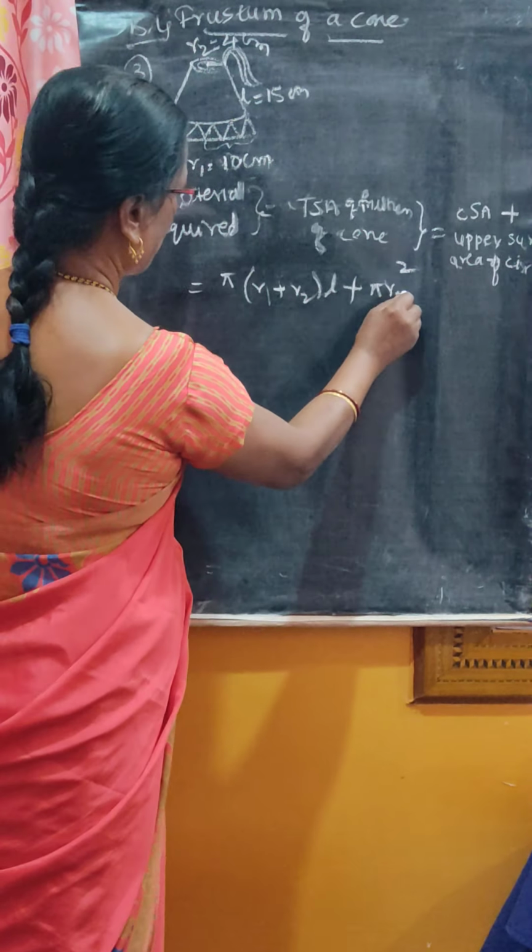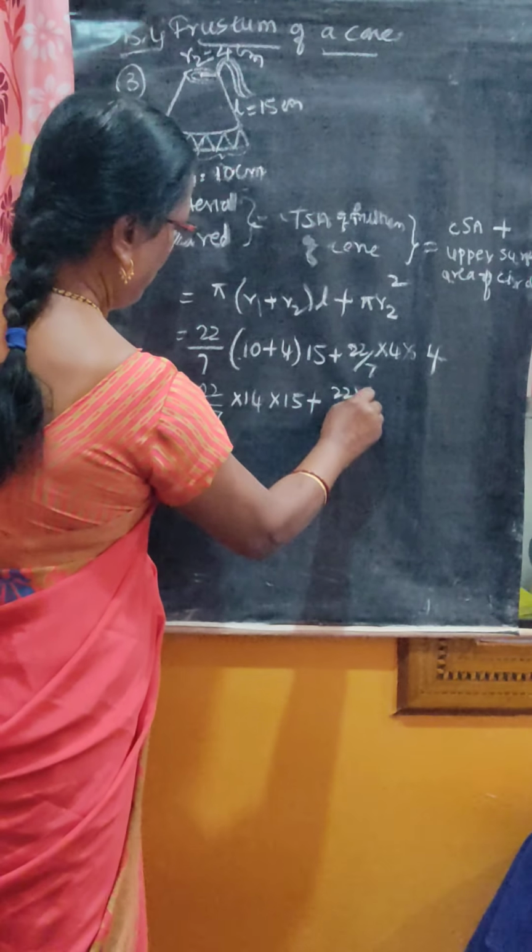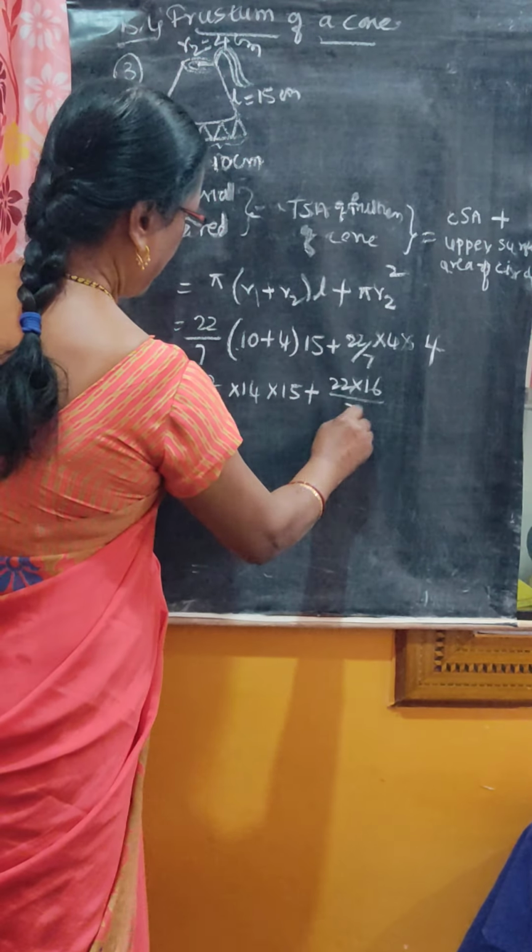R1 is 10, R2 is 4, slant height is 15, pi is 22 by 7, R2 square means 4 into 4, that is 22 by 7, 10 plus 4 is 14 into 15, now 22, 4 4s are 16 by